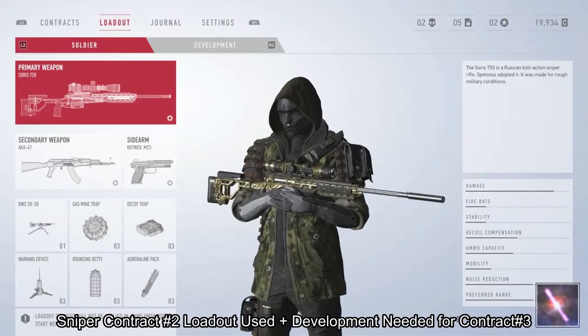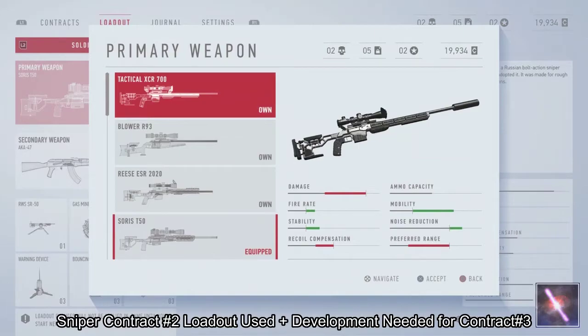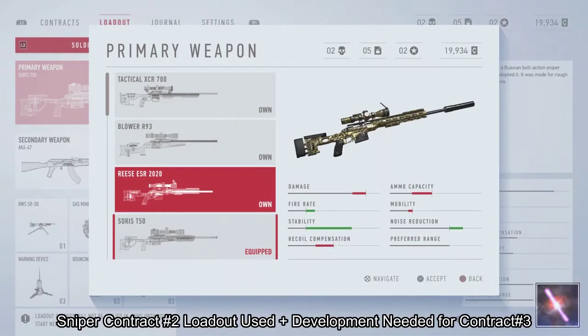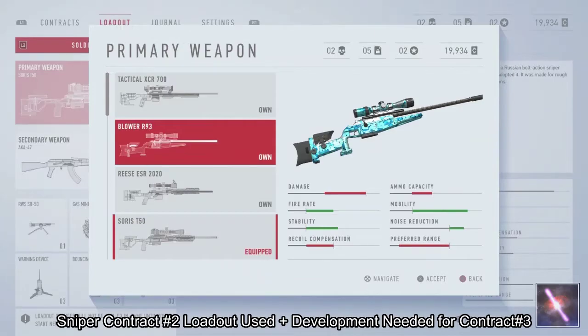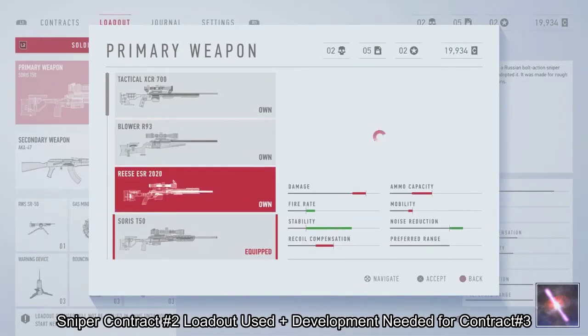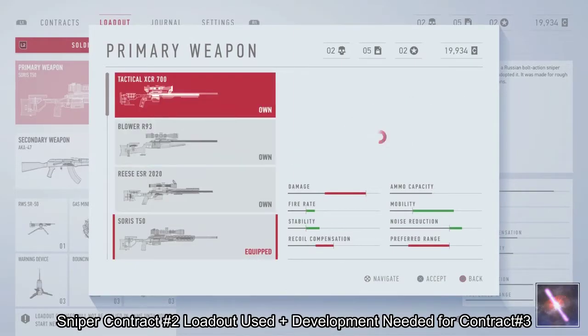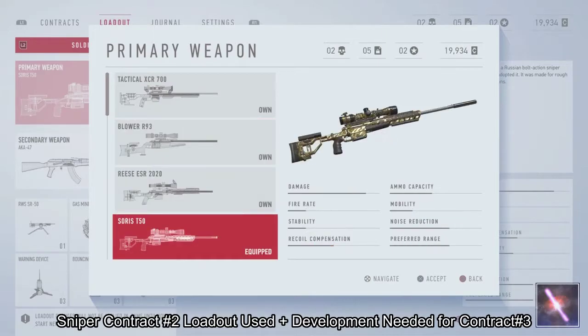I used a variety of weapons. I'm liking the Saurus T50, though the Blower R93 was really good because it had luring, tagging, and everything I needed, except the damage wasn't as much. You can't really kill a heavily armored guy in one shot, but the Reese and the Saurus will. So